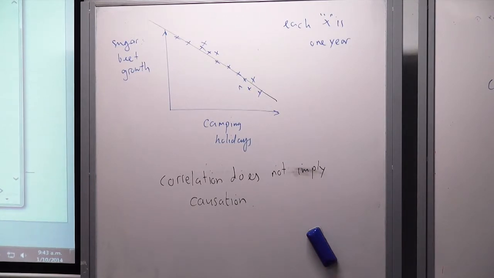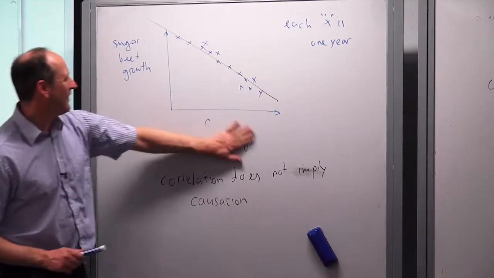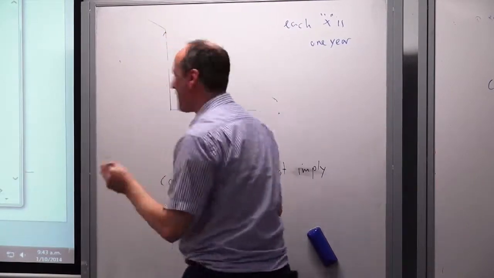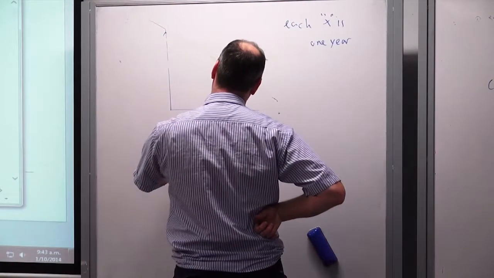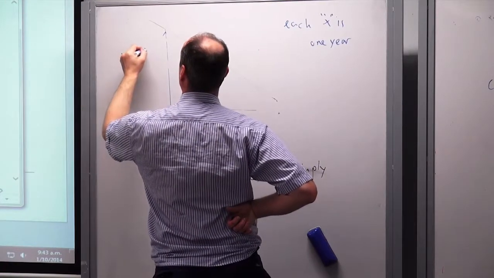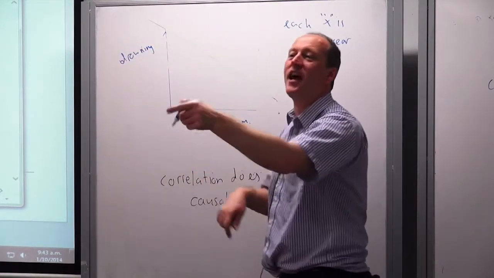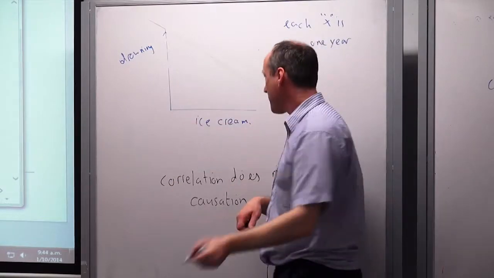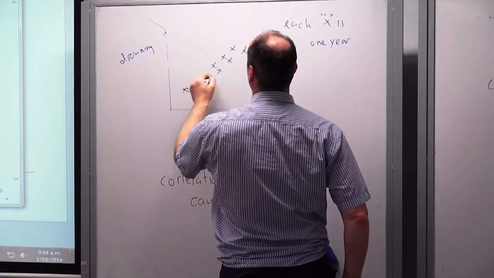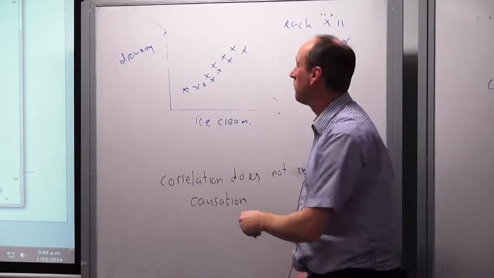The other example we've been given for that was ice cream sales and drownings. Ice cream sales go up, so do drownings. Ice cream sales against drowning. And of course, it's a hotter day, so everybody goes swimming and eats ice cream. So the National Drowning Panel comes along and says, right, well, we'll just ban ice cream because ice